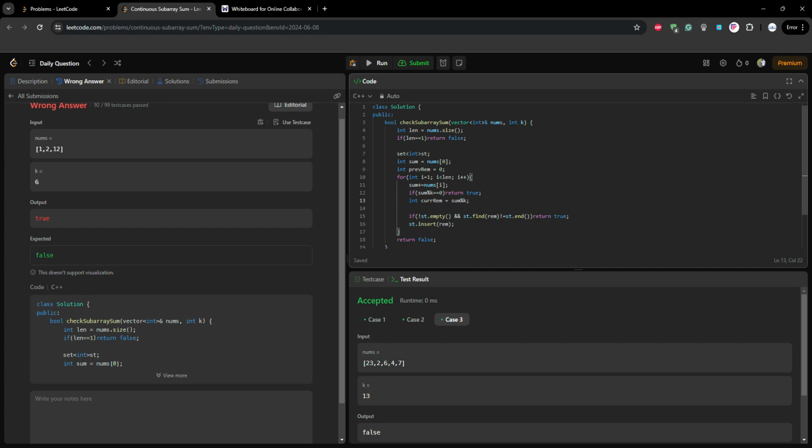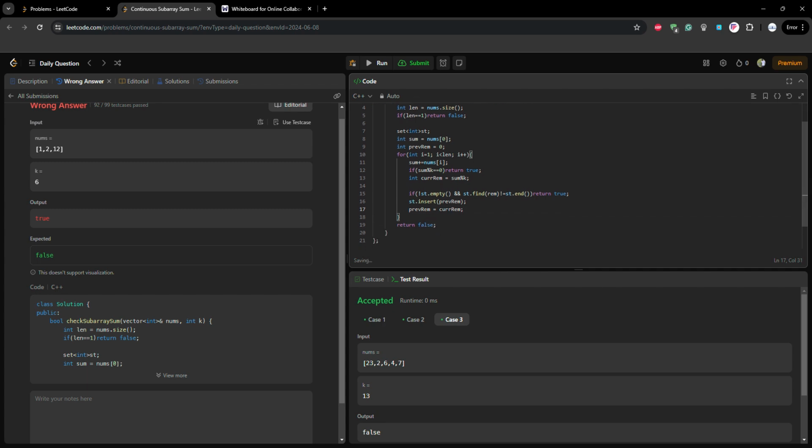Otherwise, set dot insert not the current but the previous remainder, and now previous remainder becomes the current remainder, so next time it comes, it is going to do this.